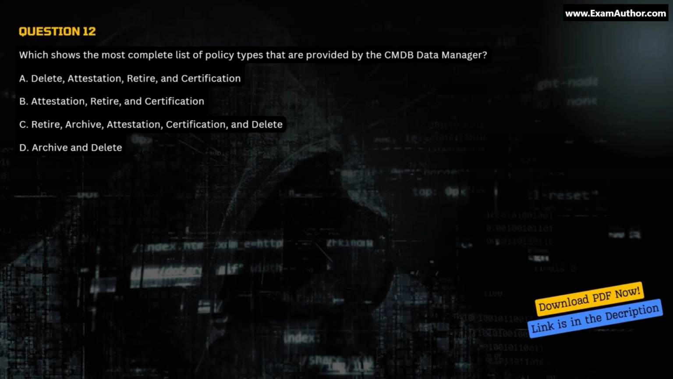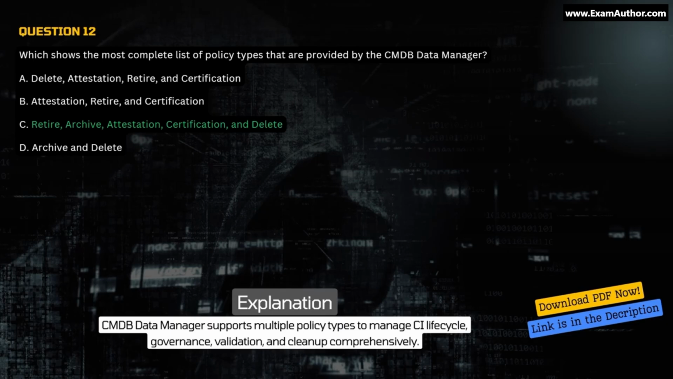Question 12. Which shows the most complete list of policy types that are provided by the CMDB Data Manager? A. Delete, attestation, retire, and certification. B. Attestation, retire, and certification. C. Retire, archive, attestation, certification, and delete. D. Archive and delete. Correct answer, C. Retire, archive, attestation, certification, and delete. Explanation. CMDB Data Manager supports multiple policy types to manage CI lifecycle, governance,